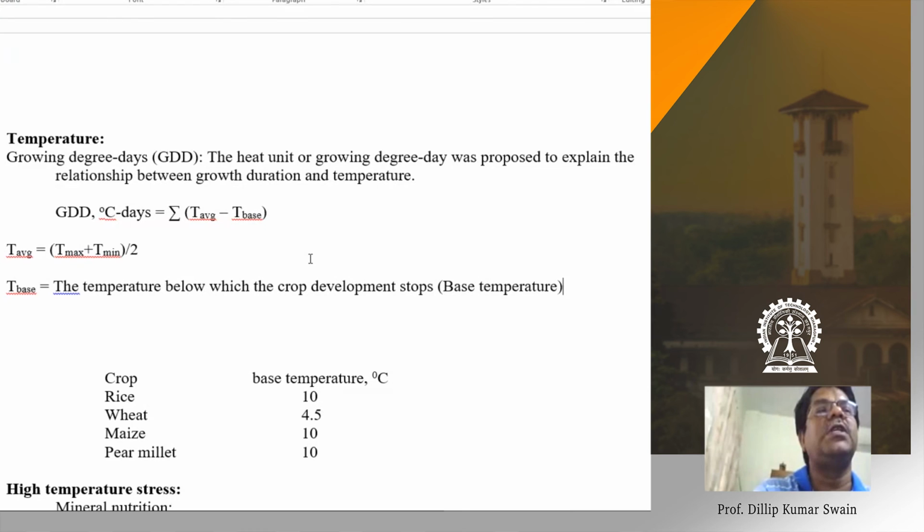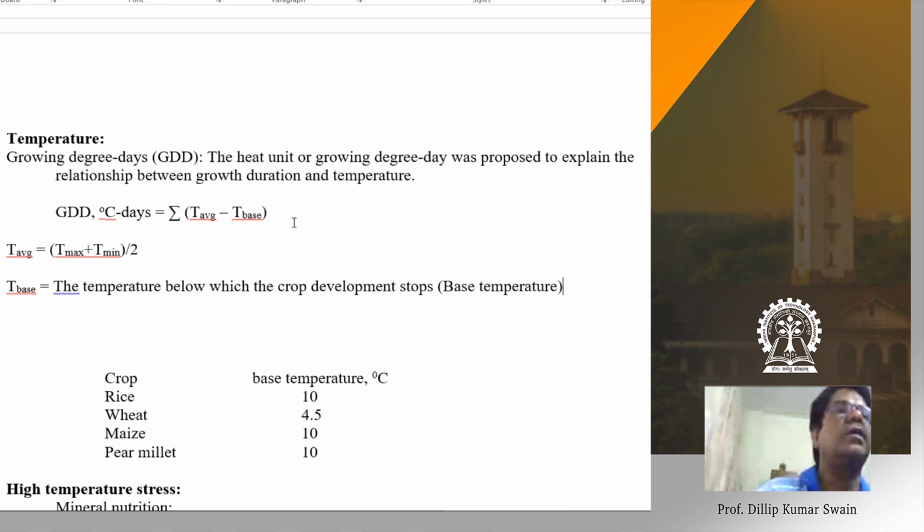As you did in the earlier example, we simply multiply by the duration, right? There you took an average, but the particular duration is actually based on the temperature. Based on temperature, the duration can change. Duration is not a fixed one; it varies as per the temperature. If the temperature changes, the duration will change. If the duration changes, then the biomass accumulation will change as per the duration of the crop phases.